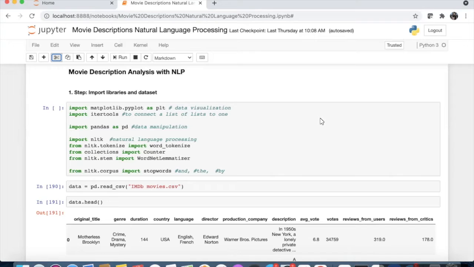So in order to start, we have to import the libraries that we will be working with. One of them is the Matplotlib library, which we will be using for two data visuals, which we will be creating. Then we have a library called itertools, which I haven't used before, and today's the first time I'll be using it to connect a list of lists, and you will see shortly what that means and why we have